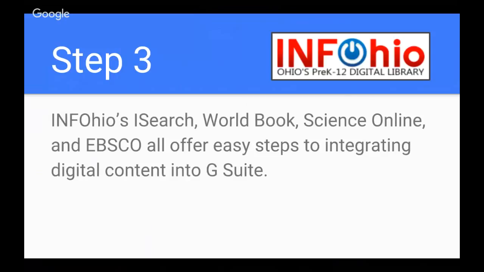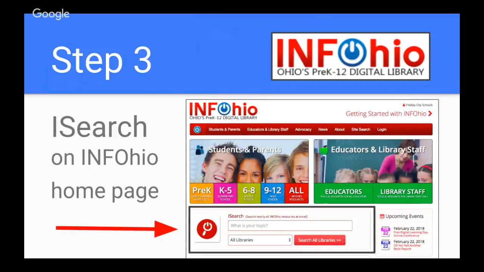And step 3 is to use this iSearch, the World Book, Science Online, and EBSCO to integrate it and put it into G Suite Google Classroom. So step 3 is also, I've got some slides showing what the homepage of